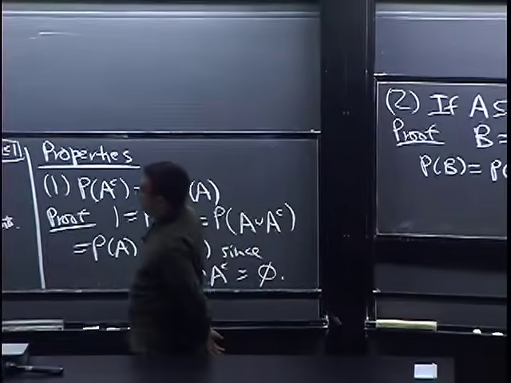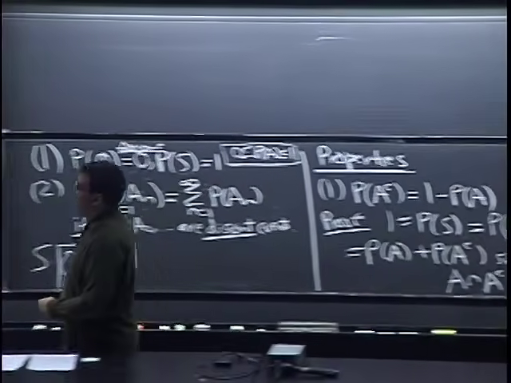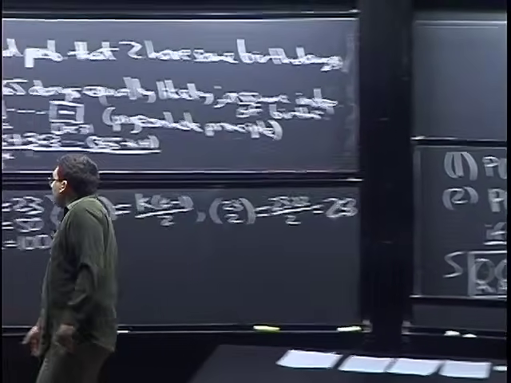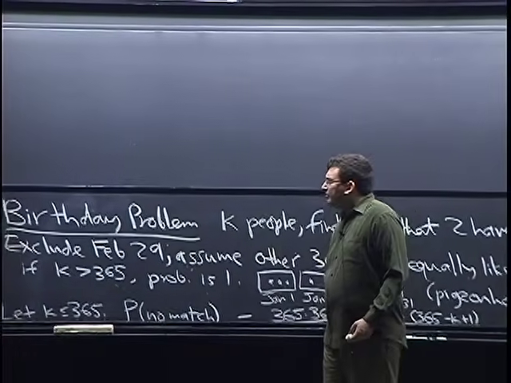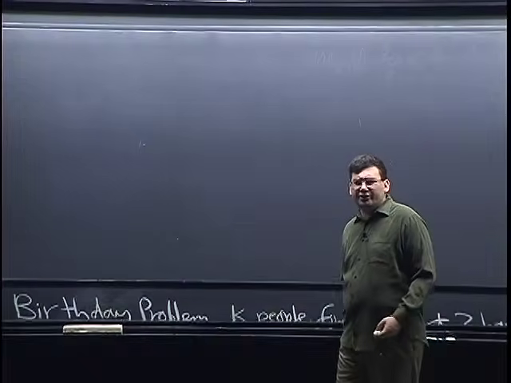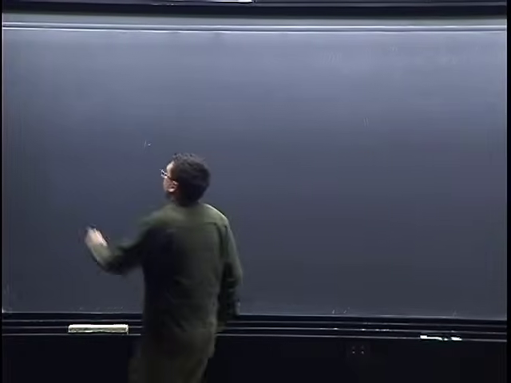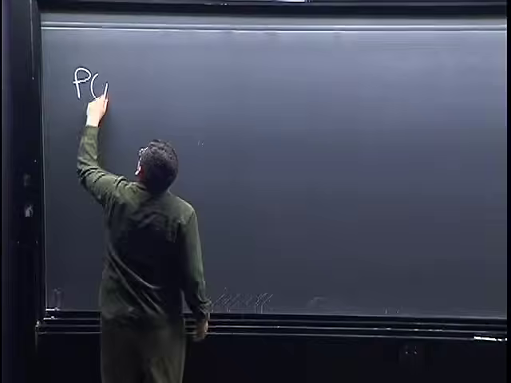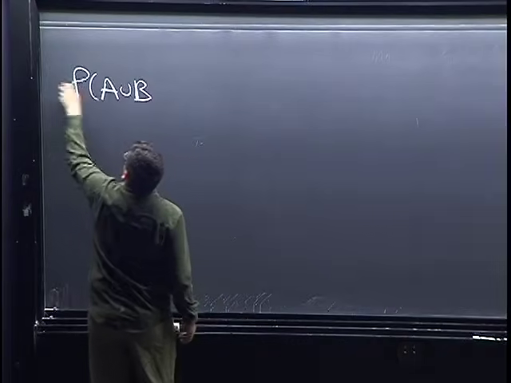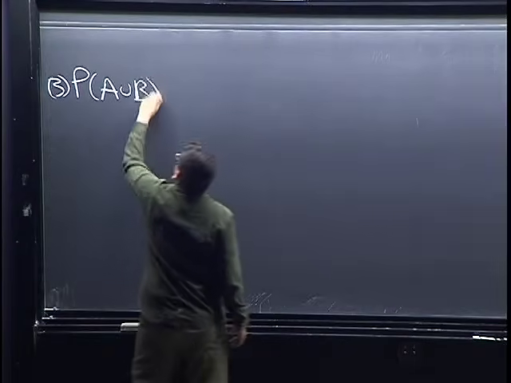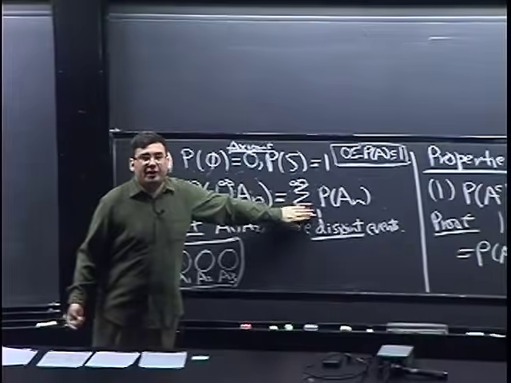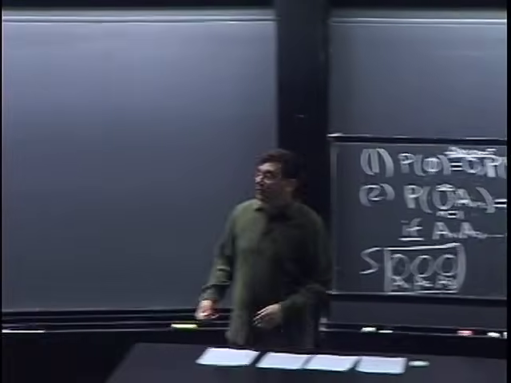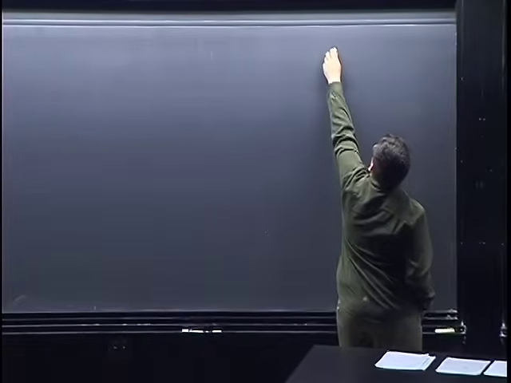Let's do one that's a little more complicated and also very, very useful. And the question is, how do we get the probability of a union? Sorry, the boards are pretty squeaky. So this is property 3. How do we get the probability of a union? Now we know that if A and B are disjoint, we can just do P of A plus P of B, okay? But if you think about the Venn diagram again,